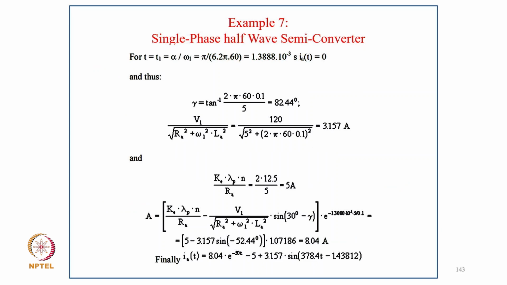putting value 1.38 into 10 power minus 3, I equal to 0, so gamma comes tan inverse 82.44 ampere, and the current corresponding to this comes 3.157 ampere, and that K E lambda P n upon R equal to 2.15 divided by 5, that is typically 5 ampere, and A equal to, putting the value, it comes like 8.4 ampere, and finally I equal to 804 e to power minus 50 t minus 5 plus 3.157 sin 378 t minus 1.4